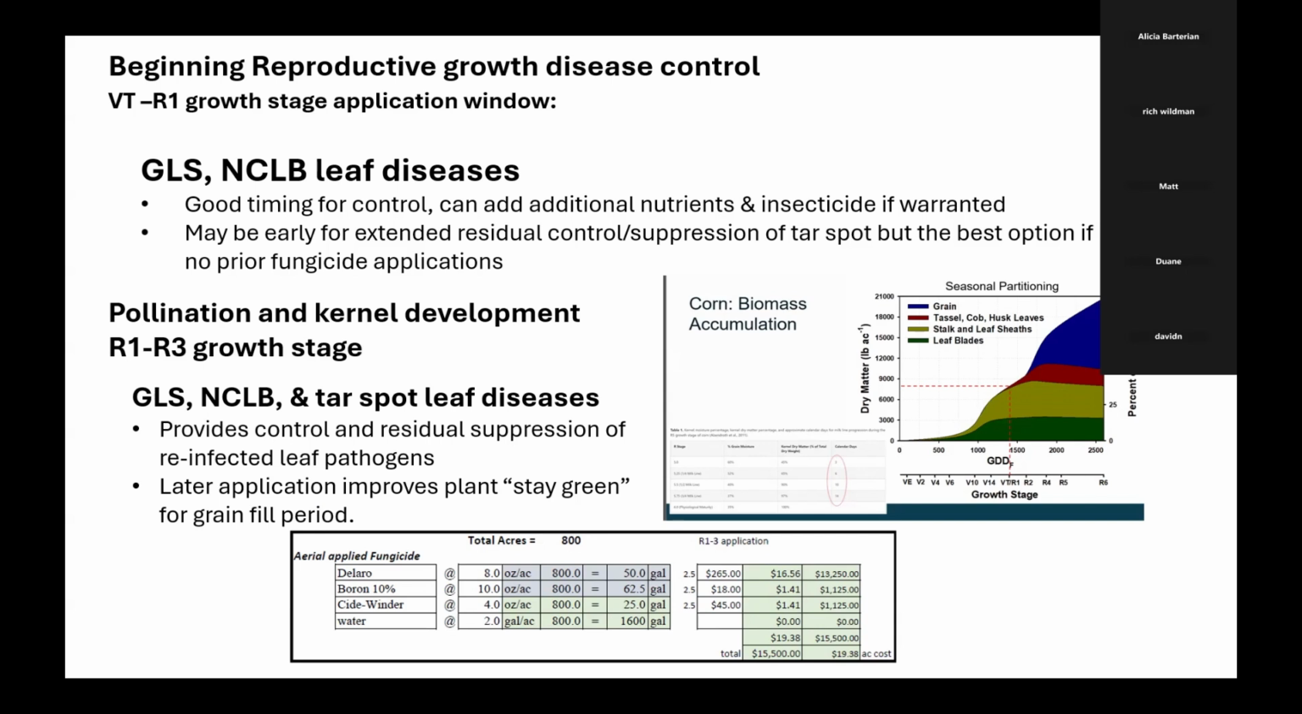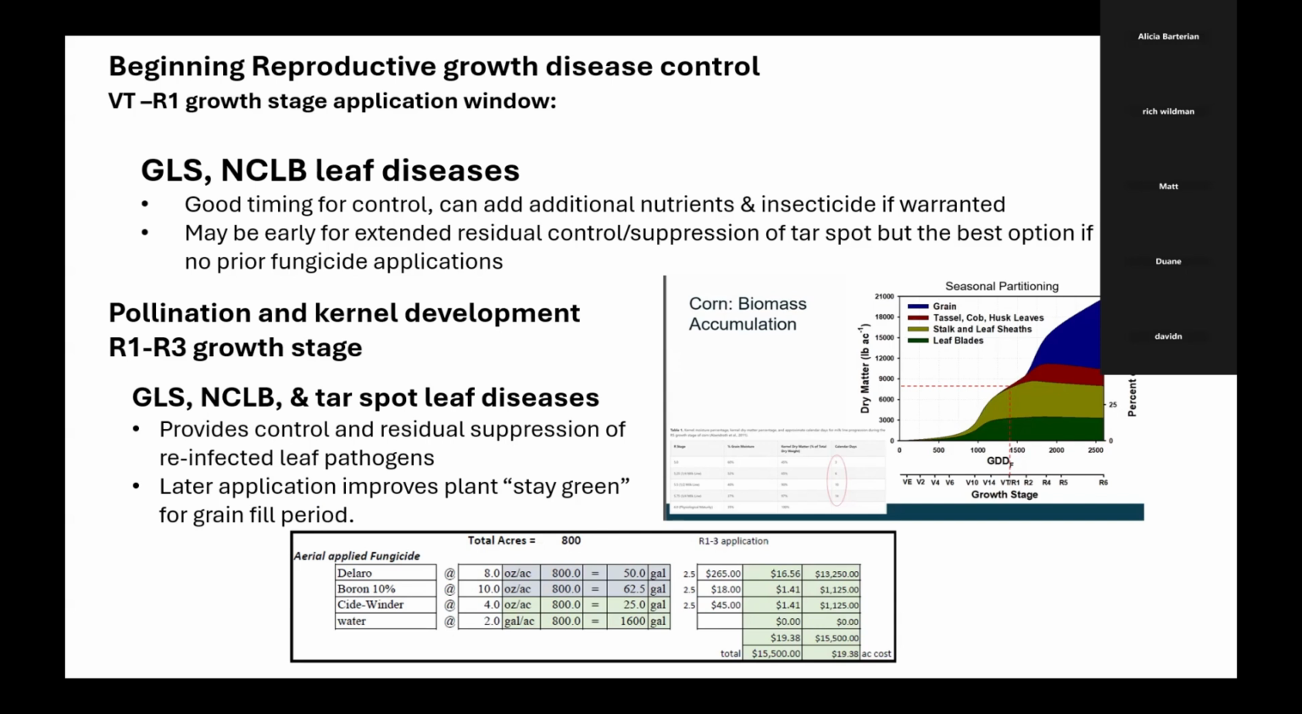But then I should have broken this slide up a little. Go back to our at-planting application of, say, that Xyway product, or we come back in with the generic FP8, then now we can look at an R1 to R3. I know R2.5 is not a growth stage that I came up with, but if we come in late, if that plant is protected pretty well,